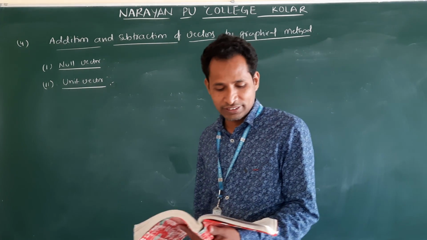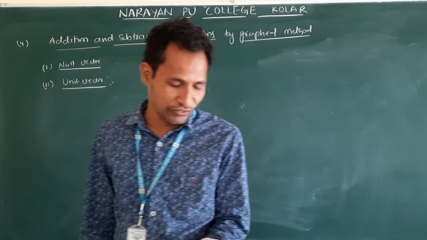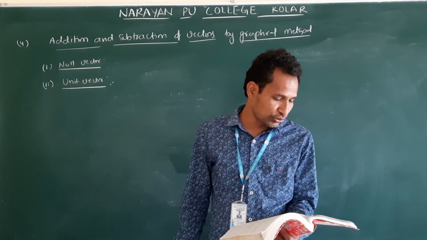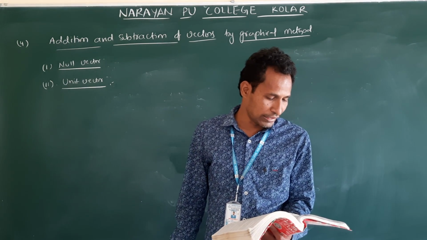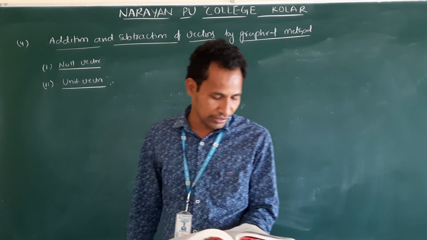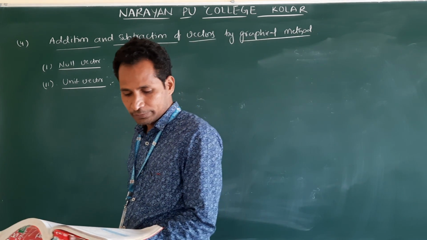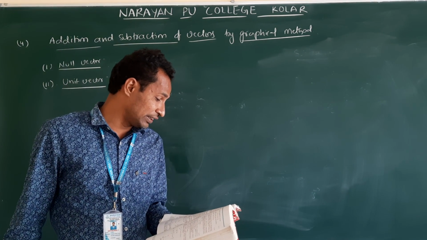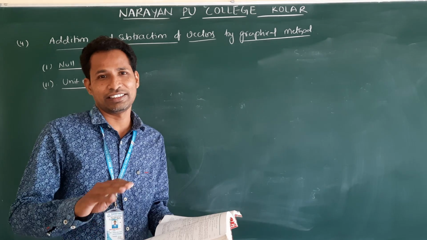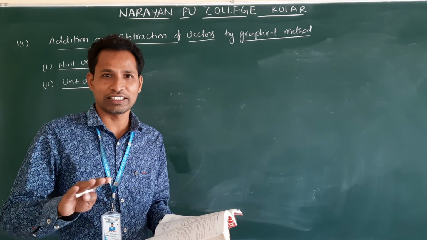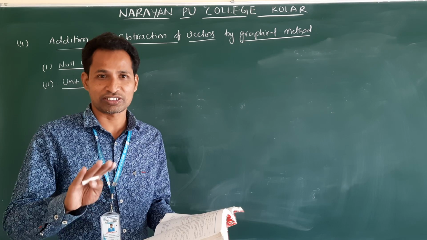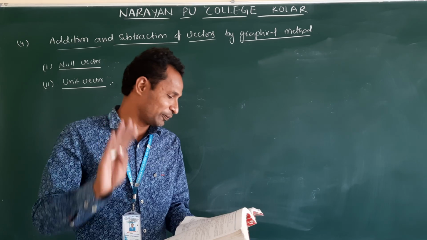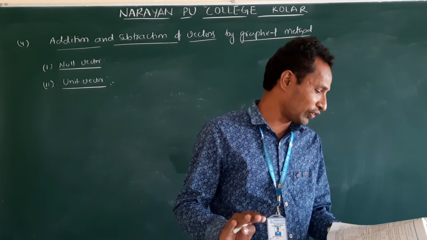Now the first question: rain is falling vertically with a speed of 35 meters per second. Wind starts blowing after some time with a speed of 12 meters per second in the east to west direction. In which direction should a boy waiting at a bus stop hold his umbrella? Clear? Read the question properly. Rain is falling vertically. Don't look at the grammar here; we are not studying English, we are studying physics. Rain is falling vertically with a speed of 35 meters per second.